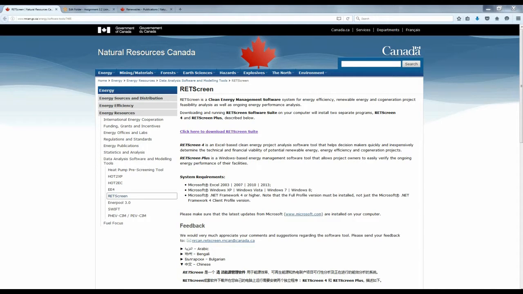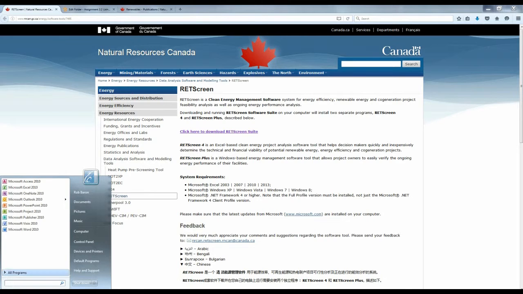But I just wanted to do a little bit of an overview of the RETScreen to make you aware of the program, and also to help you in being able to complete assignment 3.2, because RETScreen can be a little complicated without some guidance. So the first thing we need to do is to start the RETScreen, and it'll be